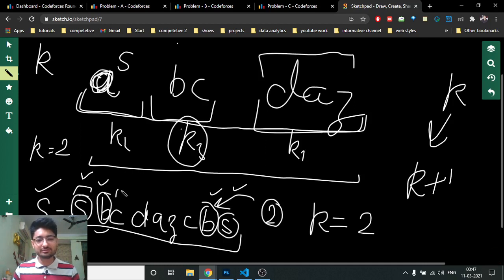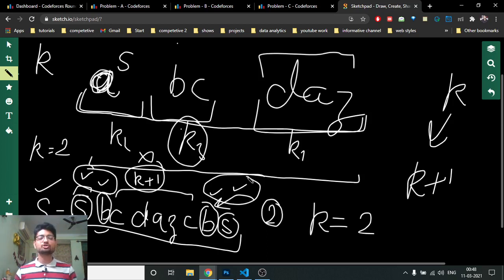So you can just make the middle string, whatever it is, the k+1 string. I hope you get the point, because I do not care about what this string is. I just care that the first k characters and the last k characters should be the same, because I can put the first k characters as the first k strings a1, a2 till ak, and the last strings as the reciprocal of these k strings. If you reverse them, they are just the same, so it is a k reverse, which is the same also. I hope you get the point.